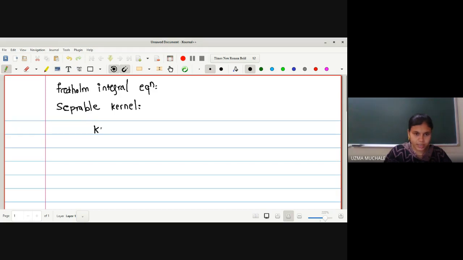A kernel K of x,t is called a separable kernel if, let me have the definition itself, and you have to tell me how I should write this. A kernel K of x,t is called separable if it can be expressed as